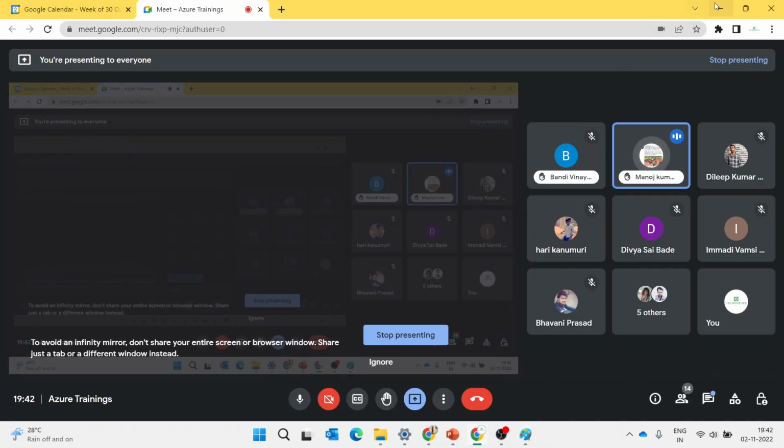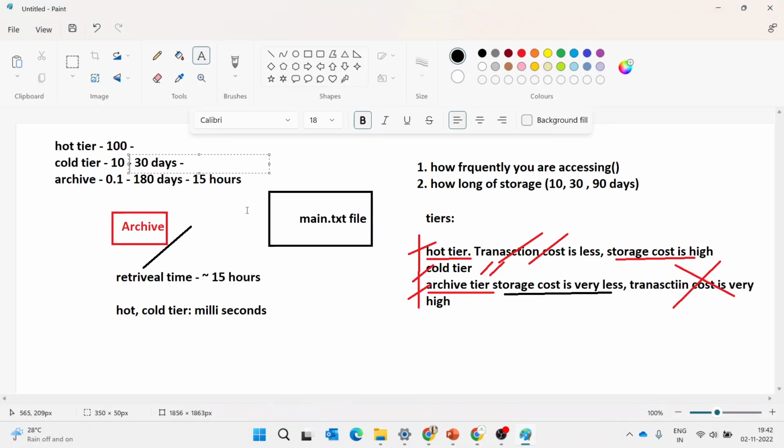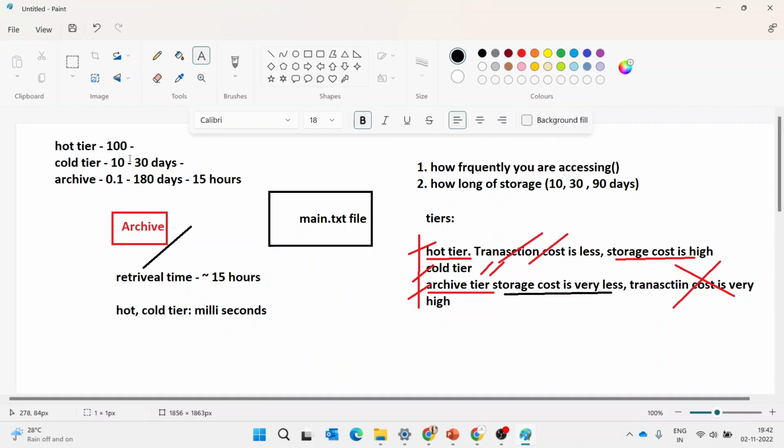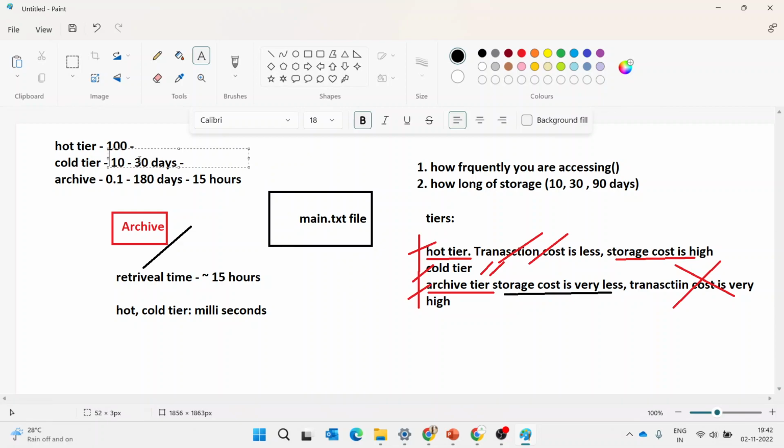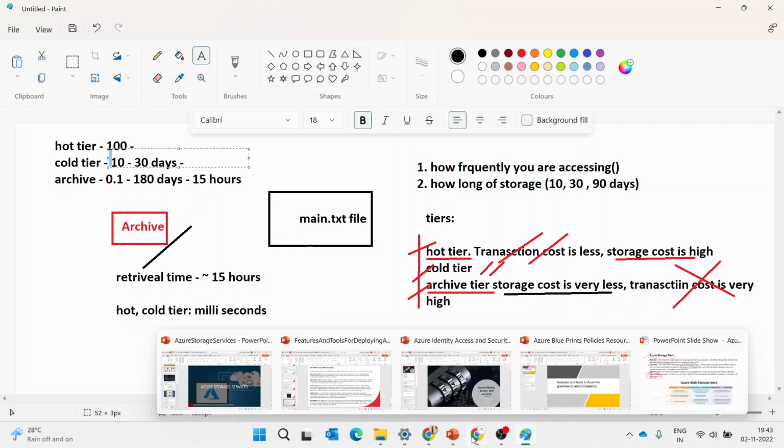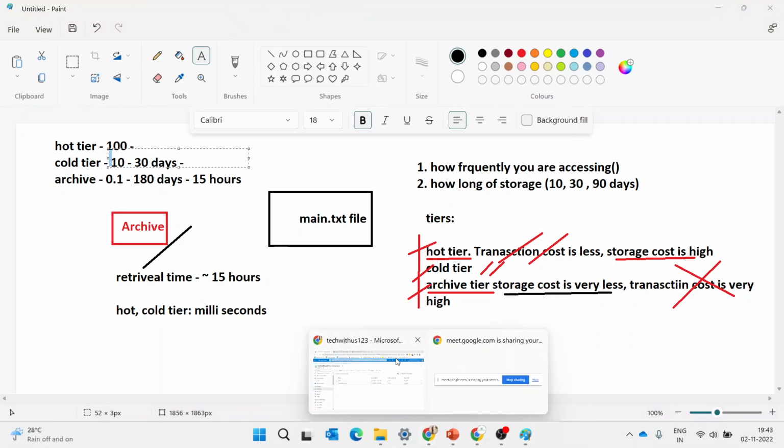Yeah, cold storage and this archive storage as well, right? Archive tier, 10 to 30 days. It means in this particular tier the data will be stored for only 10 to 30 days? It is not 10 to 30 days. I said 30 days. I cannot send that document to you, but you can go through it. But previously you said